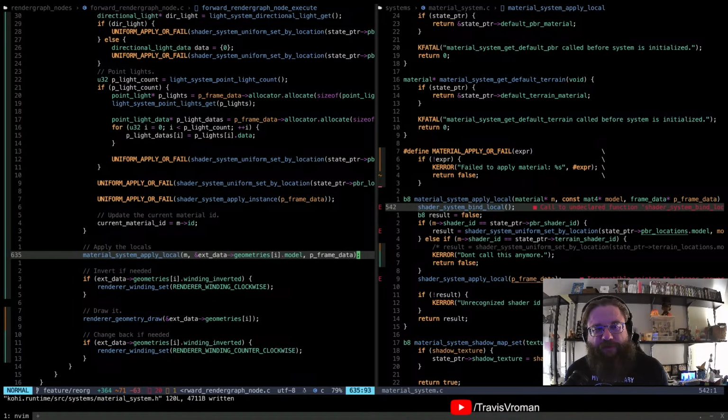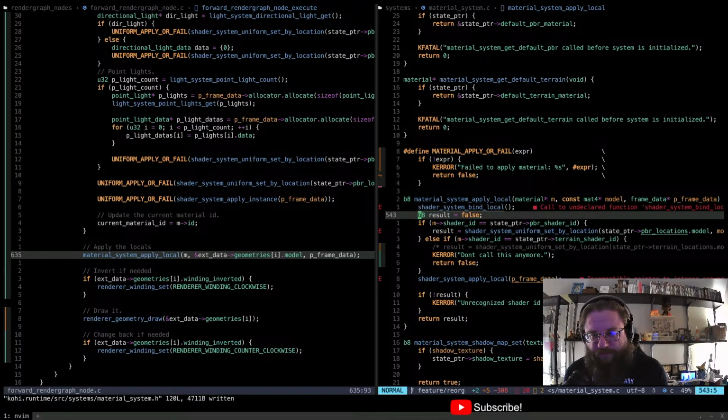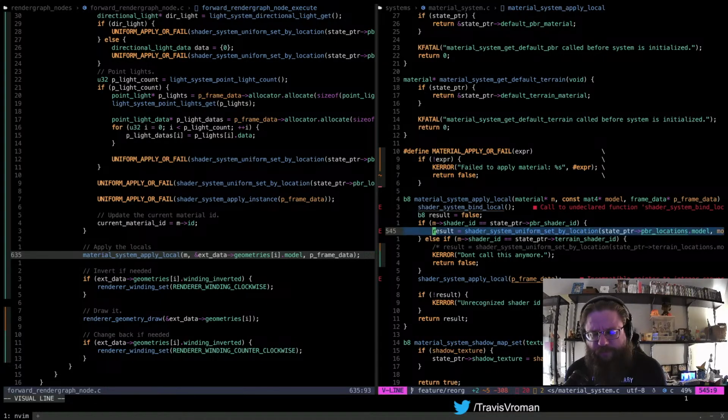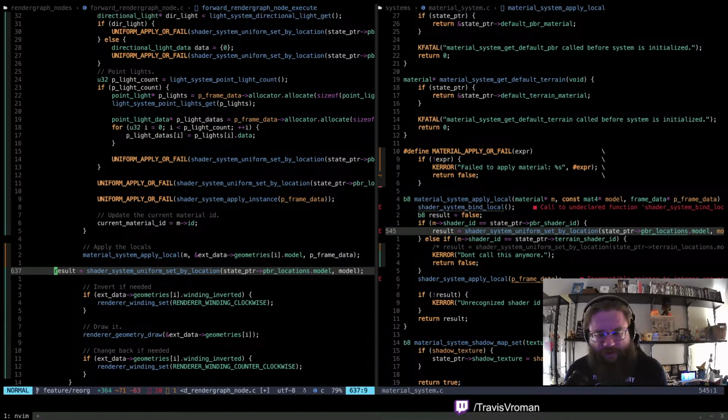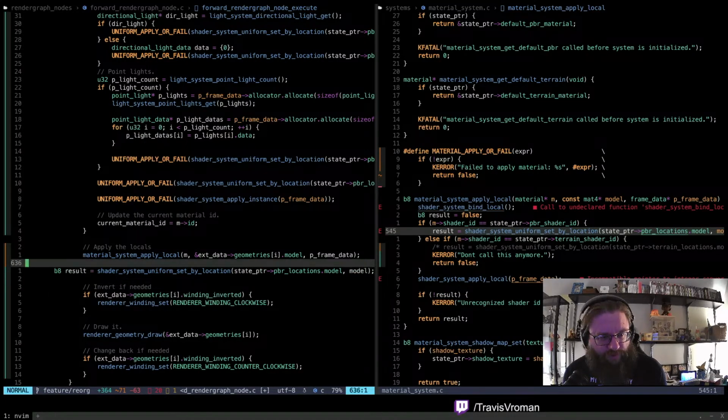So it's basically going to replace this material system apply local. So all we need to do here is, let's see. We need this one line. So I'm going to paste it down here. We're going to say B8 result, right?